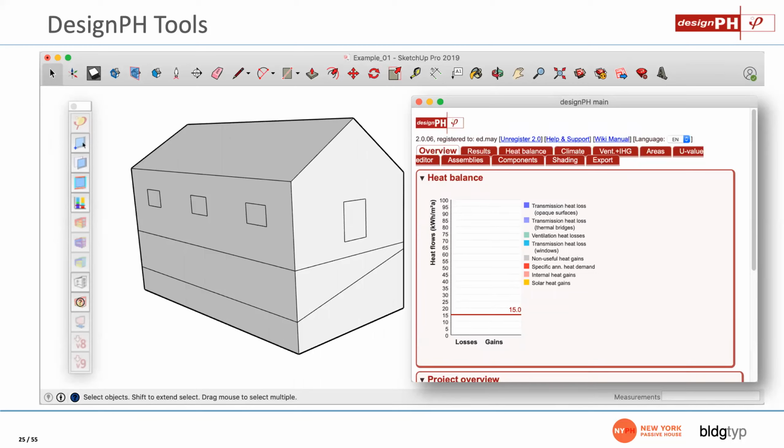So what happens when we turn on DesignPH? What happens when we click that big P button there? Two things happen. First of all, our toolbar expands out and we get a whole new set of tools. And we are also presented with a floating window called DesignPH Main, and that's going to have a whole bunch of tabs that allow us to do all sorts of additional